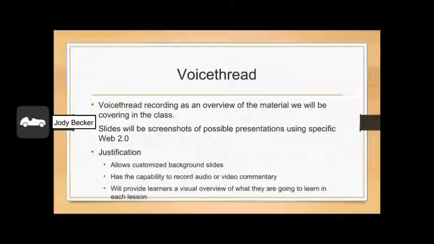So the first stop on the map, or in the lesson, will be a VoiceThread recording, which will be a basic overview of the material that we would be covering in each lesson or in each link. The slides in the background of the VoiceThread will be screenshots of possible presentations that they could make using specific